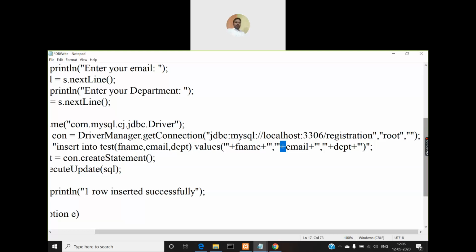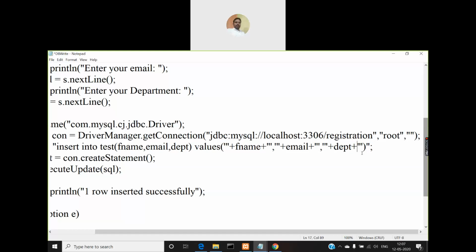The second value that I want to insert is in the variable email, so concatenate the email variable value by using plus, and then again concatenate this resulting string by opening the double quote and closing the single quote, and then give a comma to separate the second and third values. Then again open the single quote for the third value, close the double quote and concatenate the third value from the variable dept, then close the single quote by opening the double quote and closing the single quote.